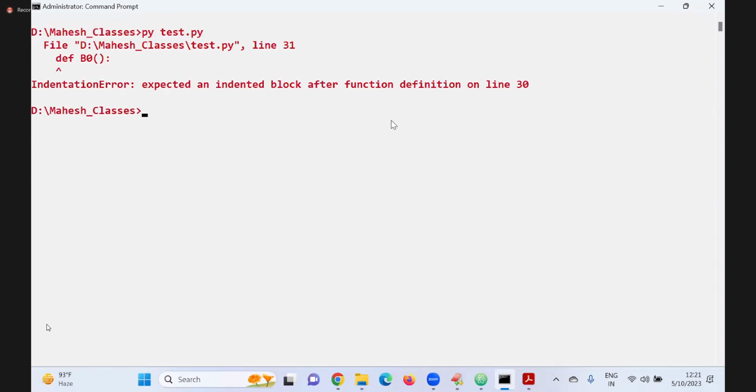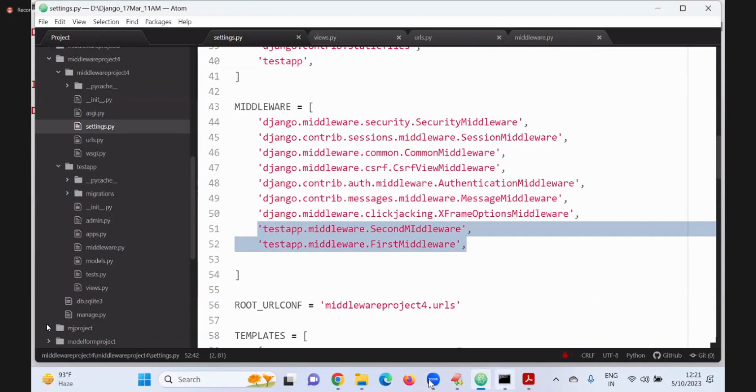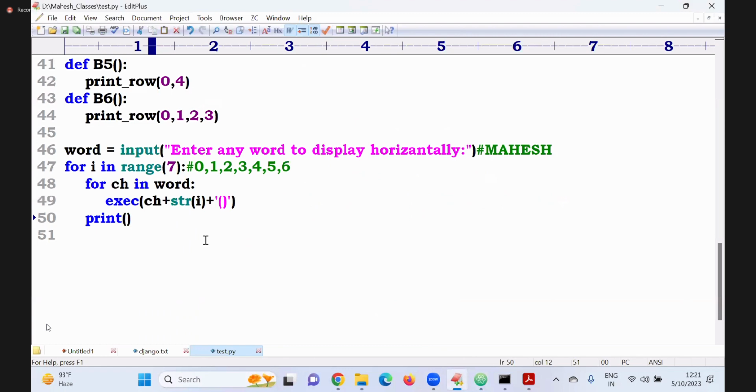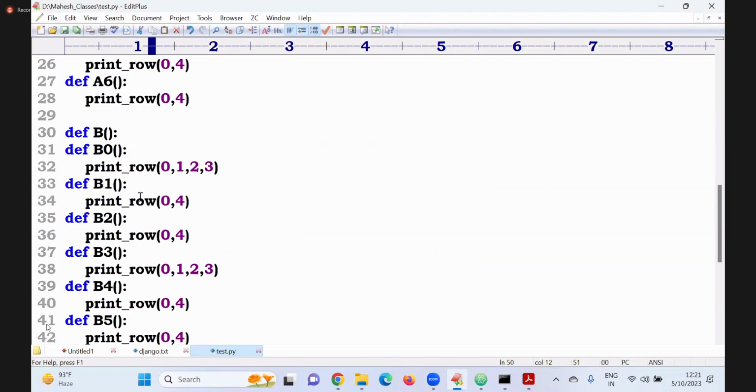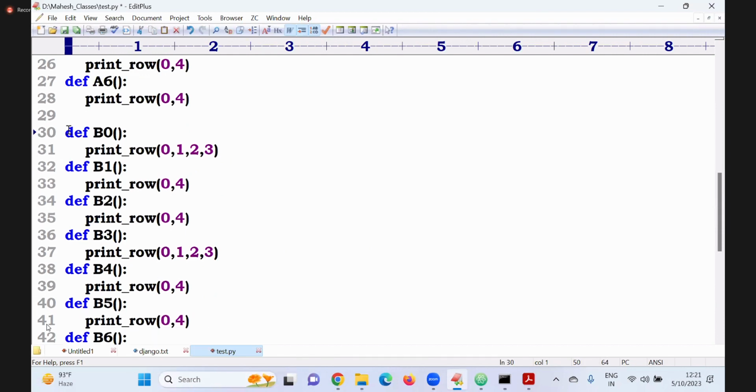Enter. Line number 30. Yakada, 30 lo antunnadu vaadu. Dev bejur ante starting lo ekkada mistake chesam manam. Yes. Line number 30. Yes. Remove this. Inka ledu. Only each row I can make this function. Now save. Correct.